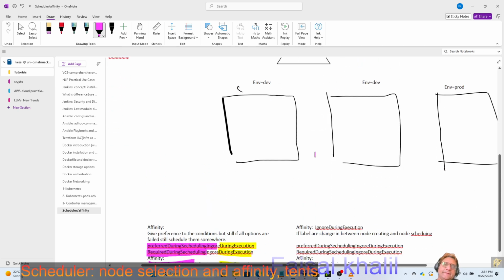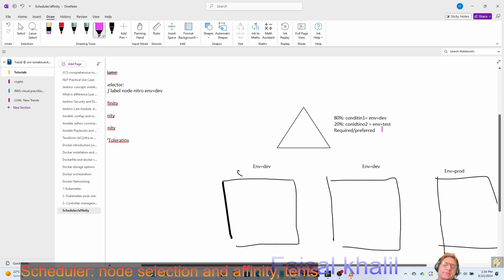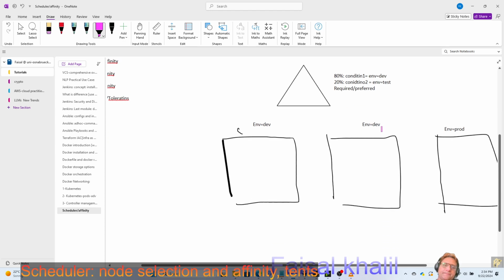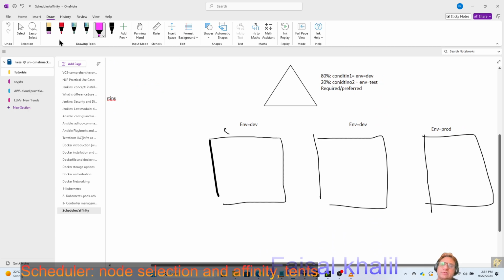Why? Because if everything is still not fulfilled, you want to put it here, here, here, nothing fulfilled, and you say here preferred, it will still put it into prod somewhere. Great. But if you say here required, then it tries to find the relevant key value pair, here, here, here, nothing matched. And then because you have specially instructed it as required,